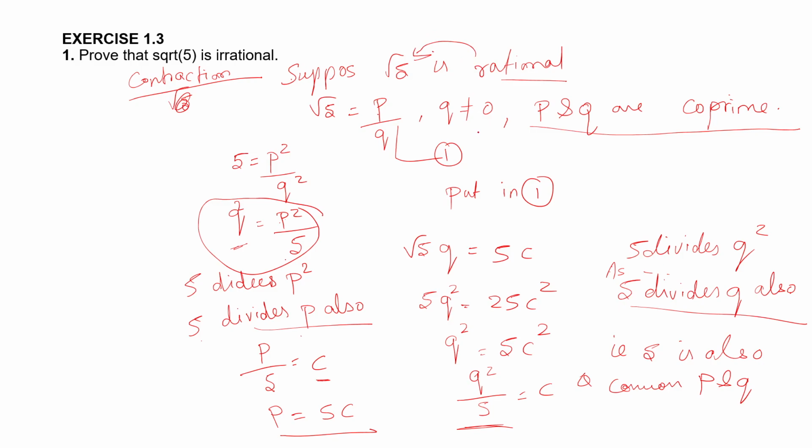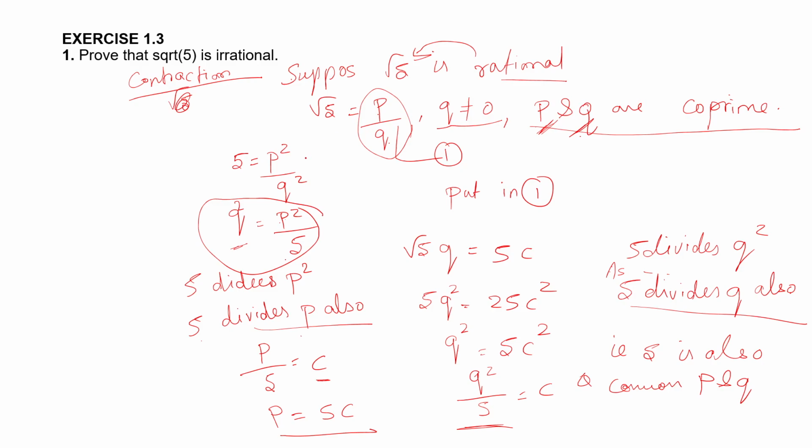Is this clear? So how are we proceeding? We are taking the contradiction. We have to prove root 5 is irrational, so we are taking root 5 as rational. So if it is rational, it can be written in the form of p by q, q not equal to 0, and we are considering this as the simplest form of p by q, that is after cutting all those things, after reduced form. In that reduced form, it will always be co-prime. So what is co-prime? These two numbers will have only 1 as the HCF, that is the common factor. Okay, so up to this it is clear.